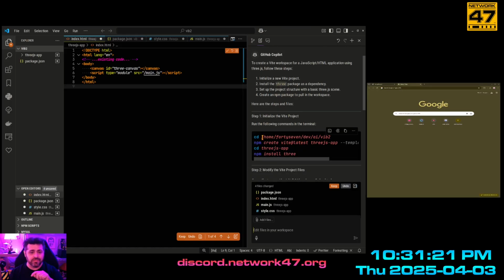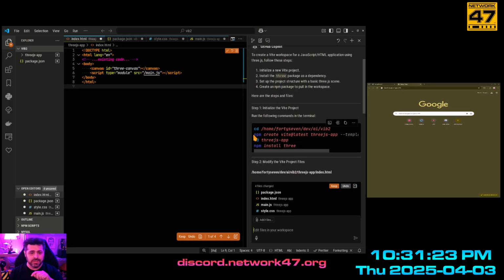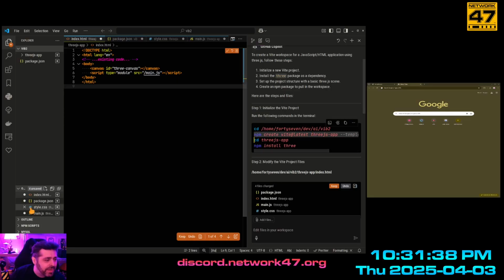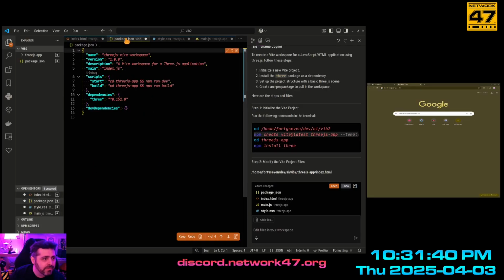And it goes and it creates a directory. It goes in and it, or at least it's telling me that I have to. It's doing some of that. Like we're already in that directory, so I don't know how it rectifies that. But we're gonna have to npm create. So it's created. Has it created that? Yeah. So it's done all this already.